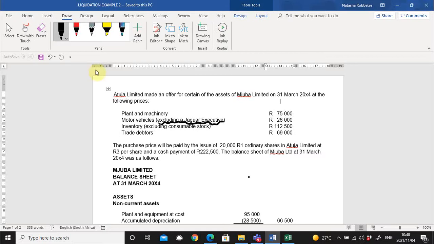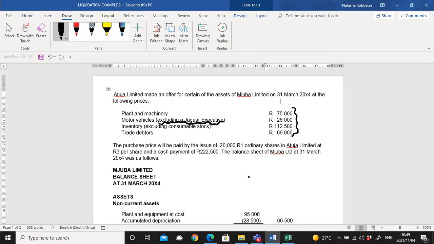Then there's also some inventory excluding consumable stock, and there's some trade debtors that are being ceded by M Limited to A Limited at 69,000. They say the purchase price is made up of 20,000 shares of 1 Rand shares that are being issued at 3 Rand per share, and also a cash payment of 222,500. So if I add these totals up on my calculator, I'm just going to do that